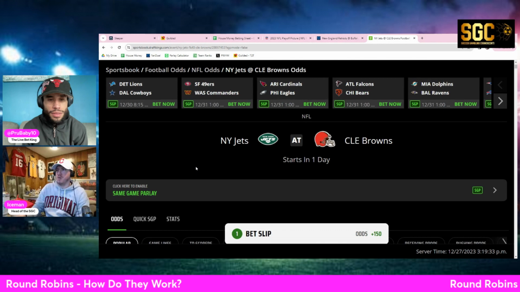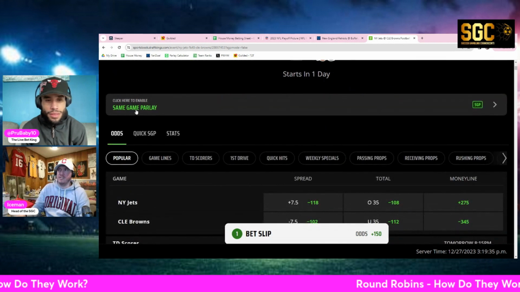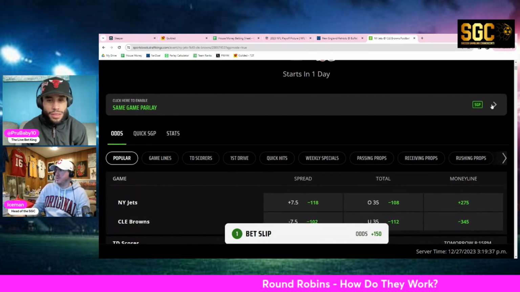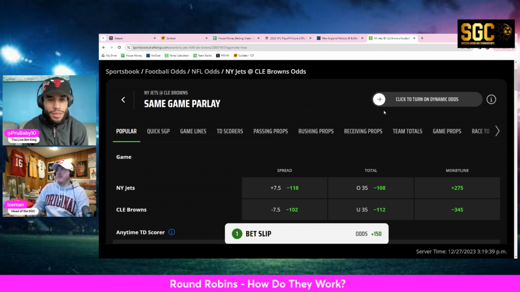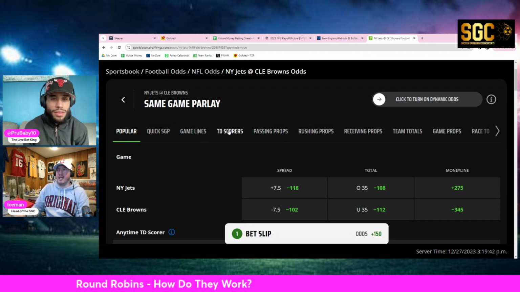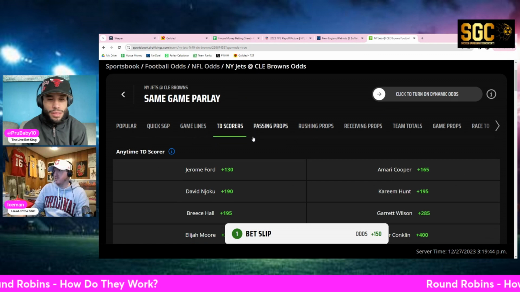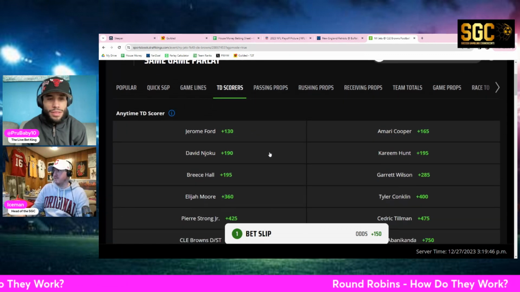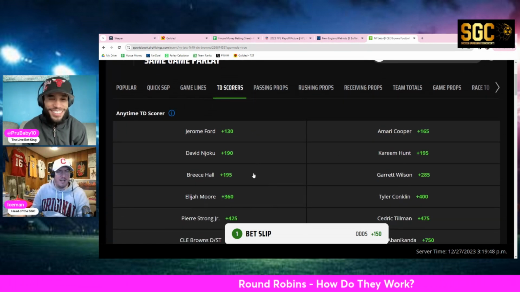Make sure you've got that enabled. And if you're in this screen and it has the option here, then click to enable same game parlay. And now you're looking at what you can, and you still have the touchdown scorers odds. And hey, sometimes these are slightly different in the same game parlay option, which is another